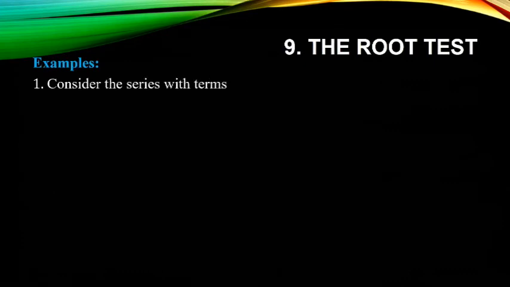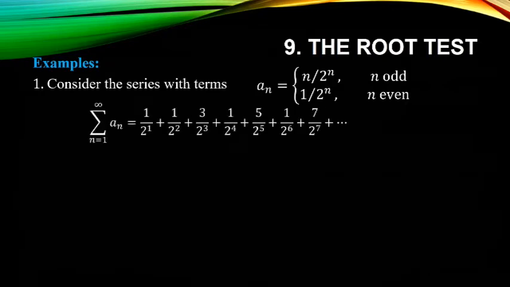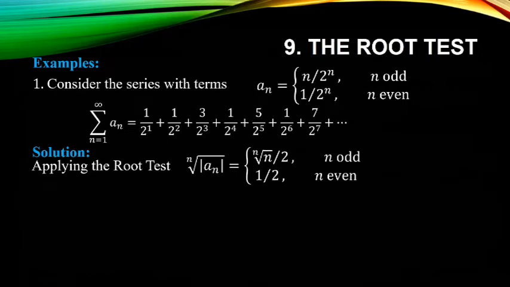So example, consider the series with terms a sub n, which is a piecewise defined function. So a sub n is equal to n over 2 raised to n if n is odd, and 1 over 2 raised to n if n is even. So that is the summation of a sub n, equal to 1 over 2 raised to 1, since n is odd, plus 1 over 2 raised to 2, plus 3 over 2 raised to 3, since it is odd, and so on. So as a solution, applying the root test, the nth root of the absolute value of a sub